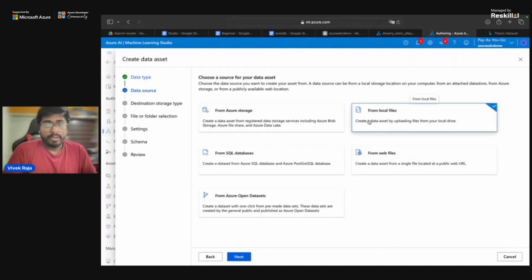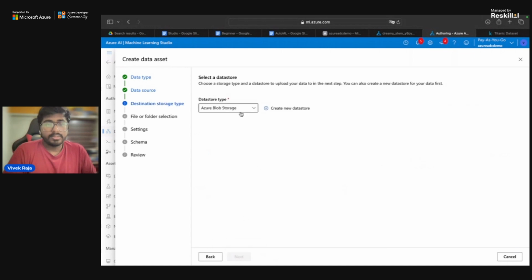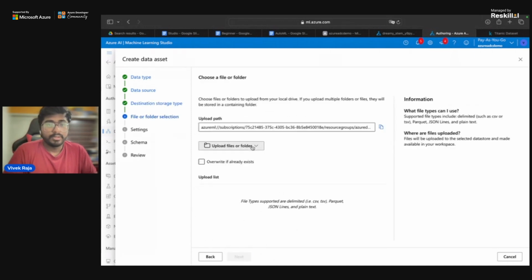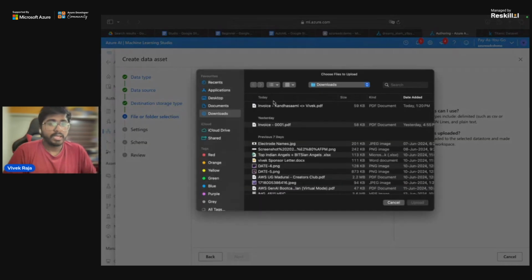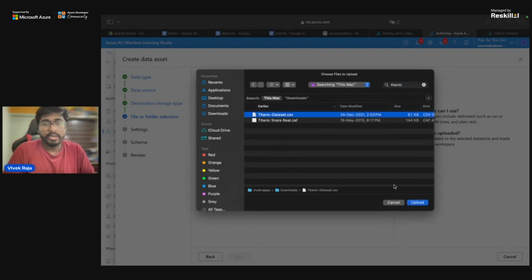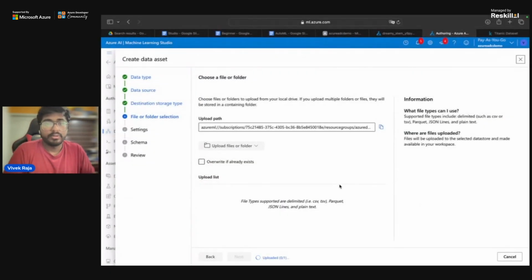And I'm going to upload from my files over here. Click upload files, and select the dataset. Yep, I have it. Cool, it's uploading.